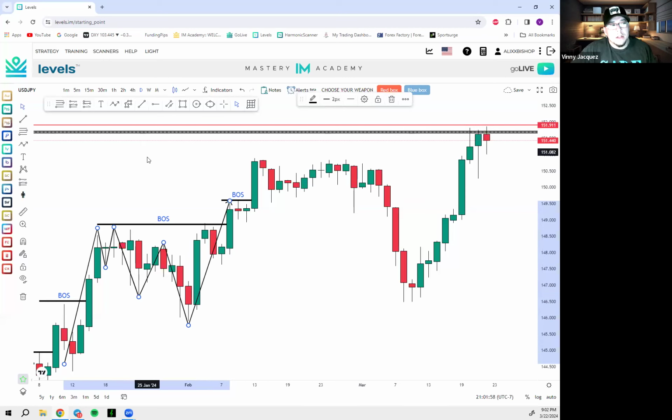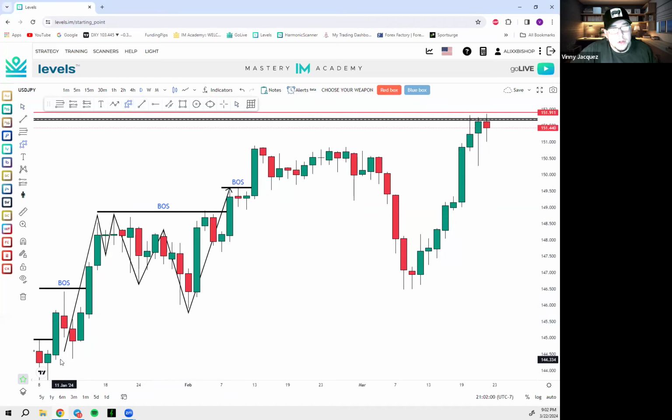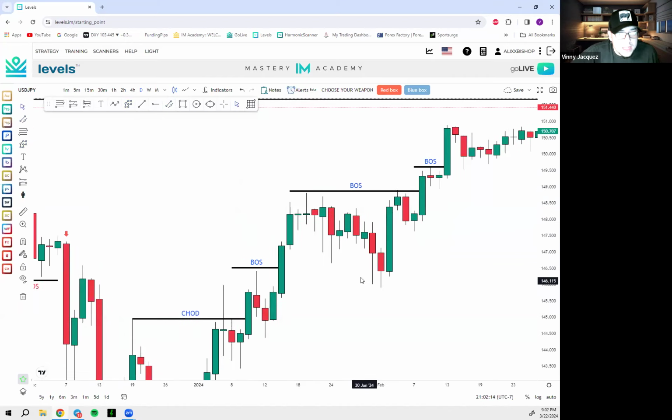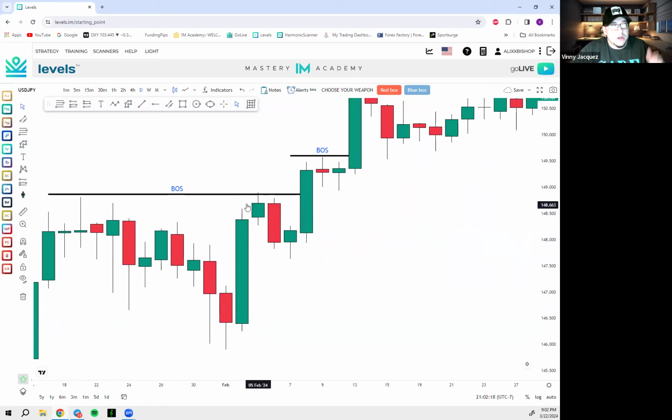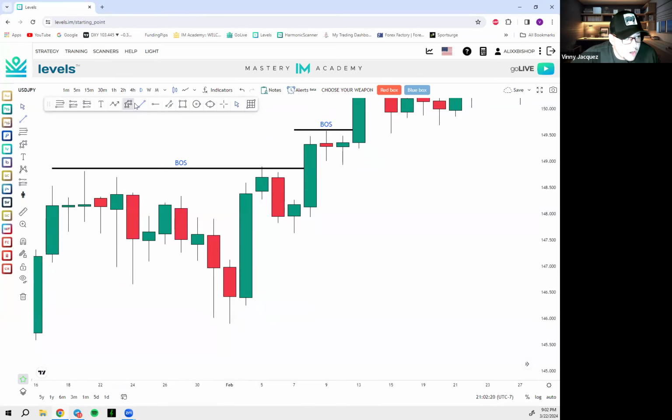Guys, look at the structure. Even though this is a higher high and higher low, there is still structure being built on the way down, right? We can focus on that. We can capitalize on that. And we could even draw it up the same, right? Yes, this was a bullish structure, but look, guys, I'm just going to draw it up the same. Consolidation, right? Consolidation.